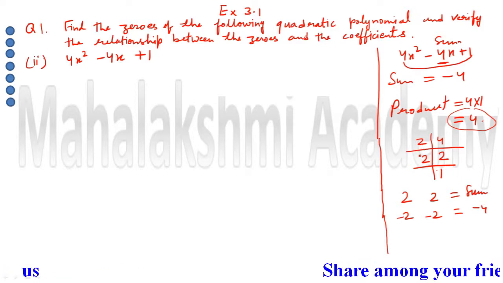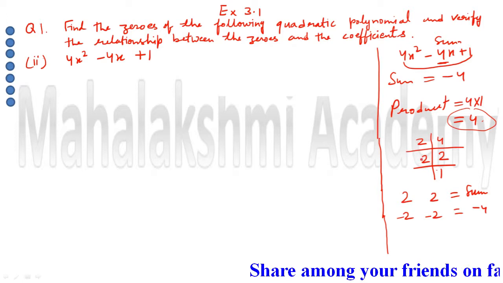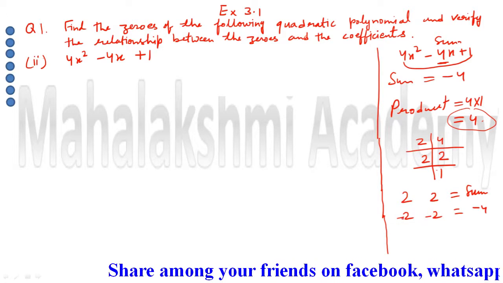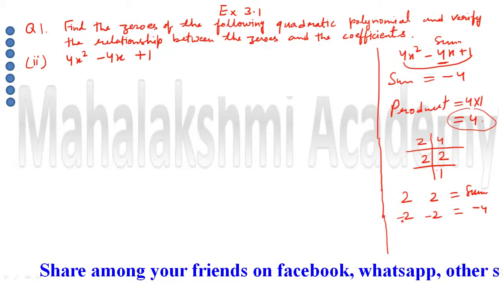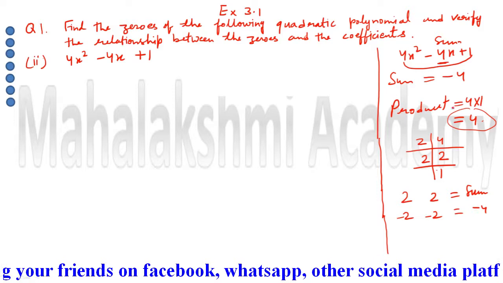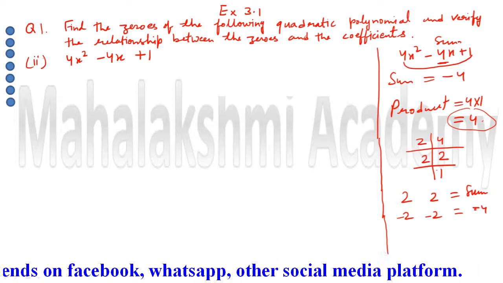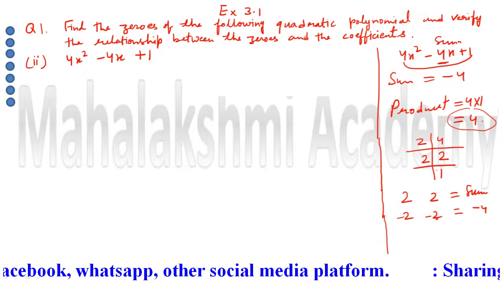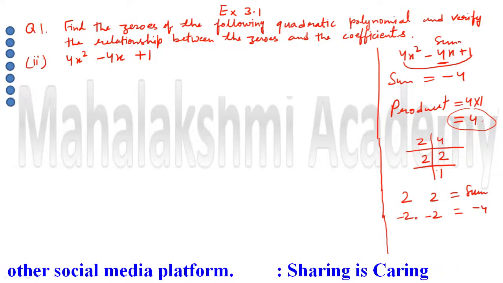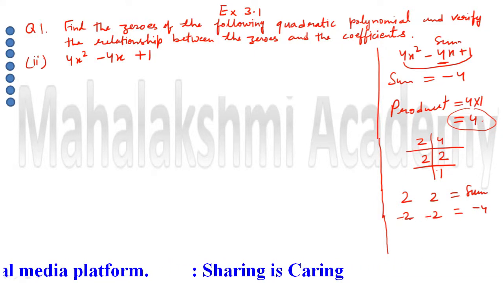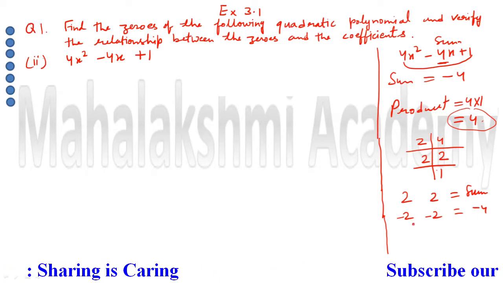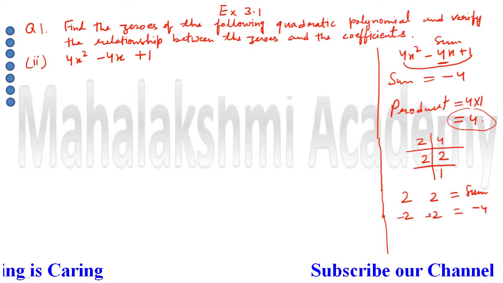There are only two factors, so there is no need of grouping them. Directly take the two factors like this and then select the sign. The sign is your choice, but you have to select the sign in such a way that you achieve the sum. From these two you have to achieve minus 4, that's why I gave the minus sign to both, because minus 2 and minus 2 is minus 4. So the factors which we selected are minus 2 and minus 2.